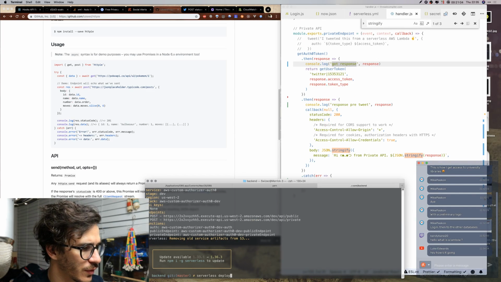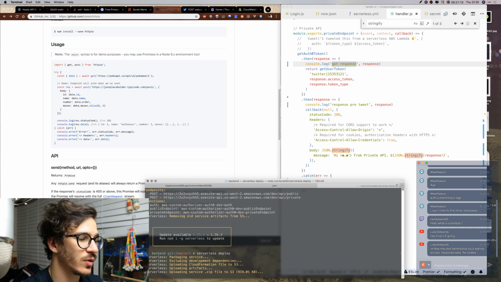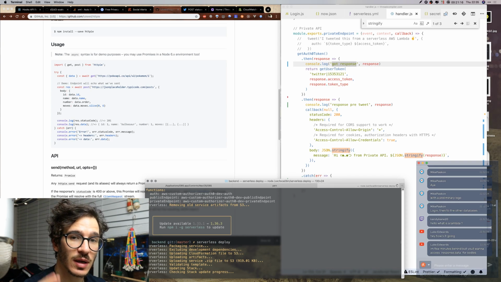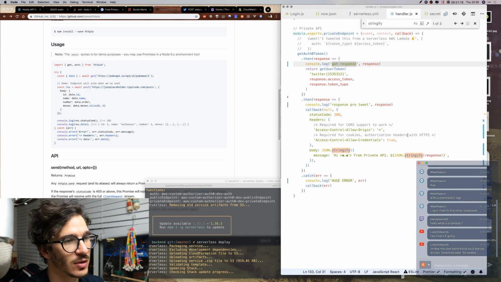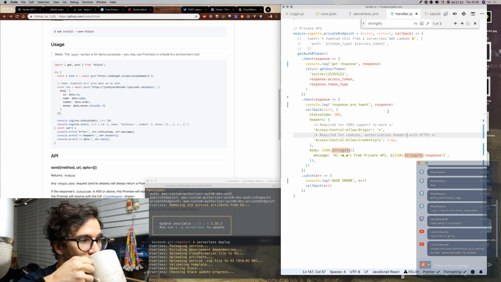Great. Serverless deploy again, and I guess we'll see. Yeah, so I just, from the future, which Luke is gonna see soon, I want to use response.data, not just response itself.